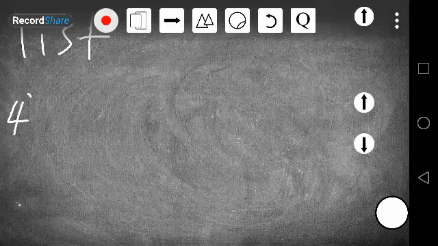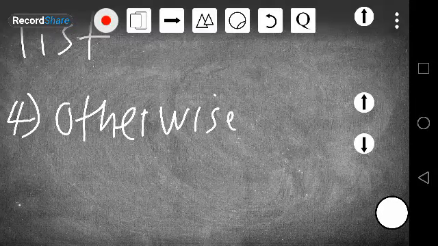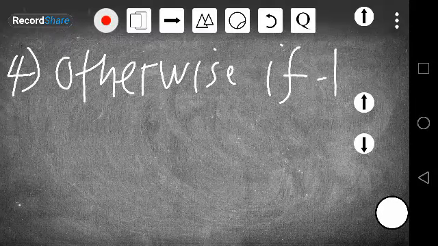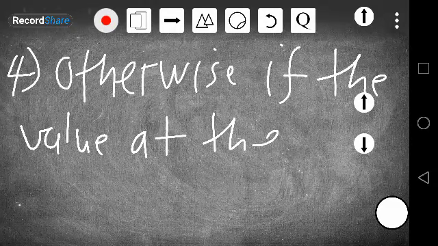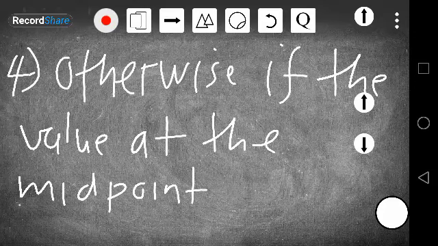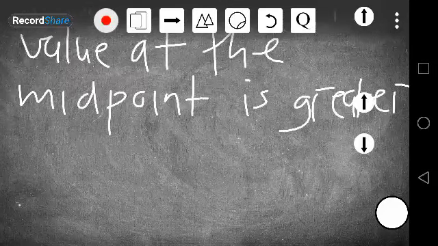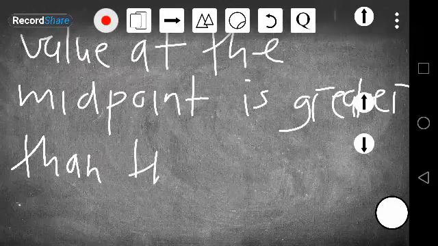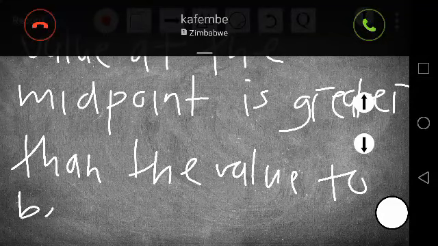Number 4, otherwise if the value at the midpoint is greater than the value to be found,